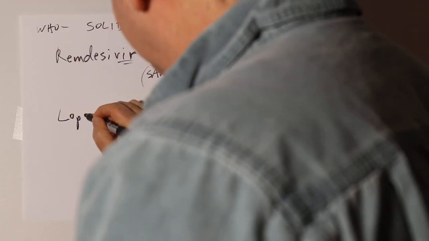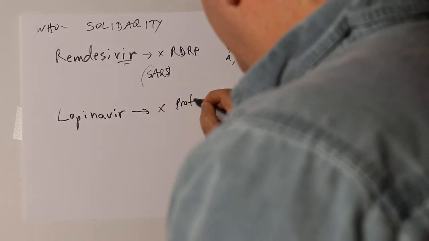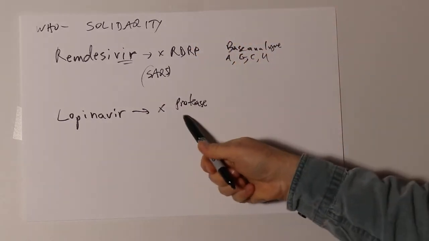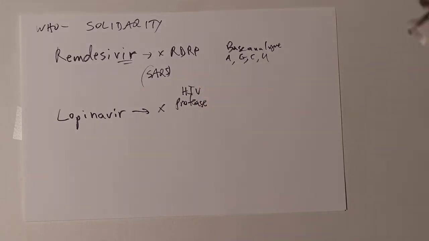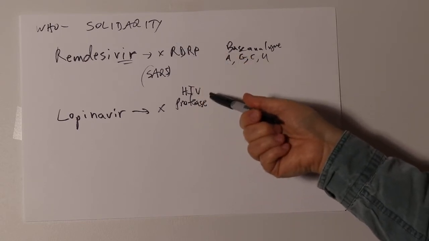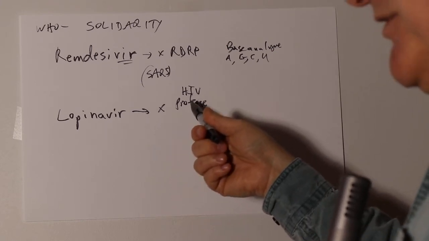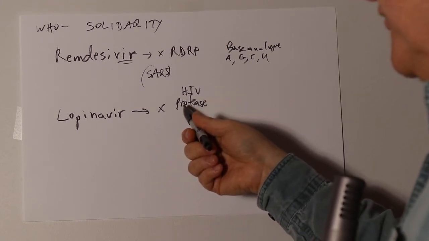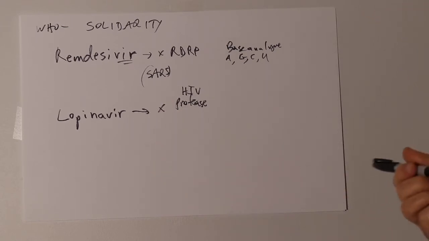There's another drug that they're testing in this trial, lopinavir. And it targets the viral protease. But it's not a targeting of coronavirus protease. It actually was a drug developed to target the HIV protease. So it's not at all obvious to me why this should work against the coronavirus protease. But there's some report that it might have. So my guess is that it won't hold up because these are not related viruses at all, particularly just because they're both RNA viruses. But maybe we could get lucky.